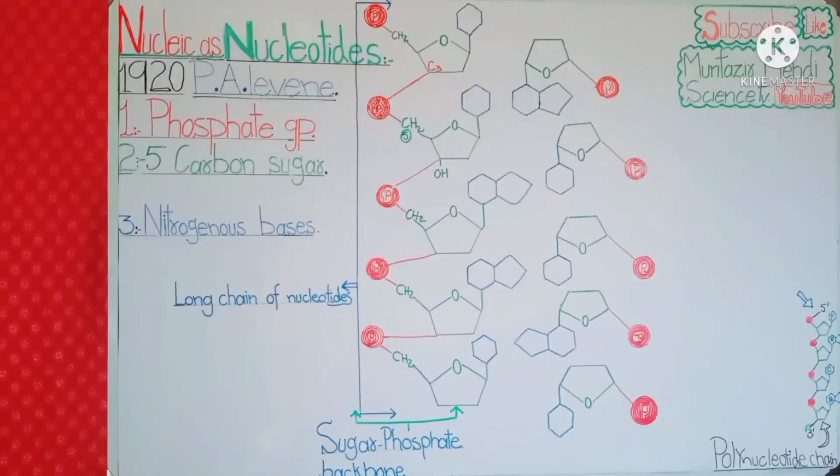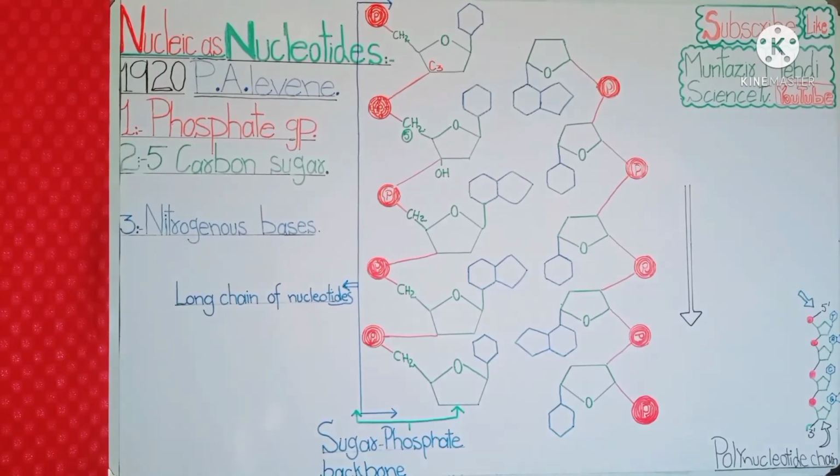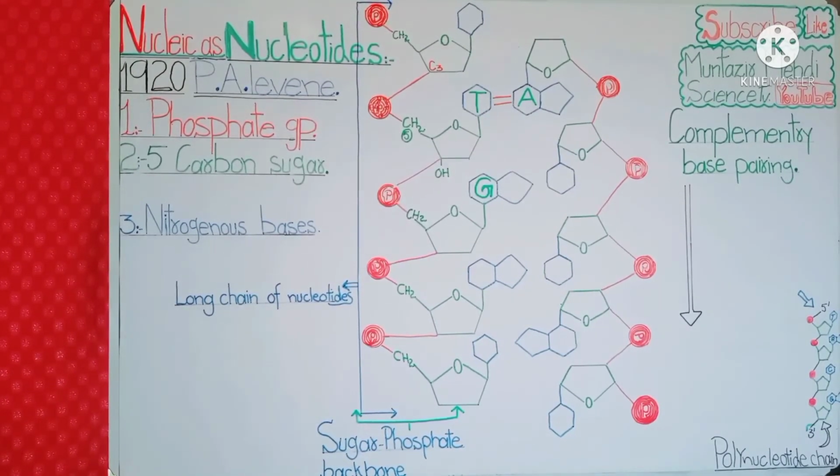Now if we take a similar strand of polynucleotides but run it in the opposite direction, and this strand binds with the original strand through hydrogen bonds, the phosphate group of every nucleotide forms a bond with the sugar above and below. Now here comes the rule of complementary base pairing. Complementary base pairing says that only adenine forms a base pair with thymine by means of two hydrogen bonds, and guanine forms a pair with cytosine by means of three hydrogen bonds. It is the universal rule that is applied in the structure of DNA.